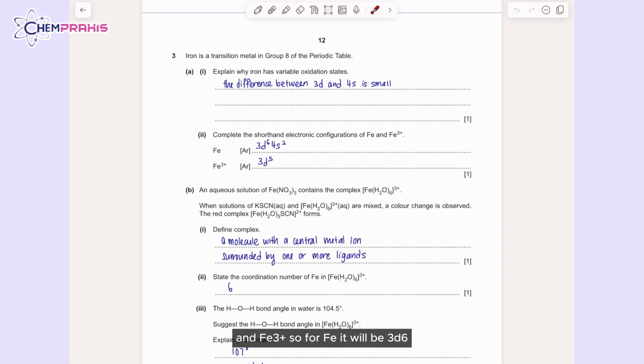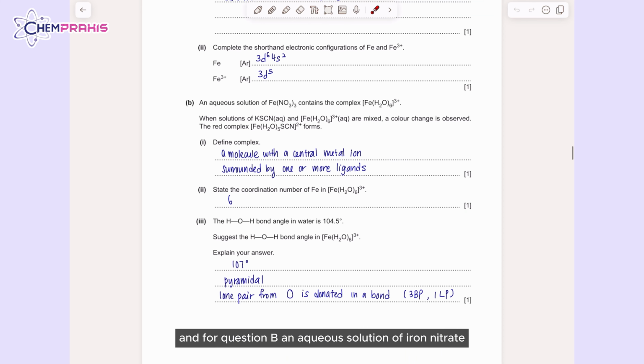For question Roman 2, complete the shorthand electronic configurations of Fe and Fe3+. So for Fe, it will be 3d6 and 4s2. And then for Fe3+, we will remove the 2 electrons from 4s and 1 electron from 3d. So that's why the 3d6 becomes 3d5. And for question B, an aqueous solution of iron nitrate contains the complex of [Fe(H2O)6]